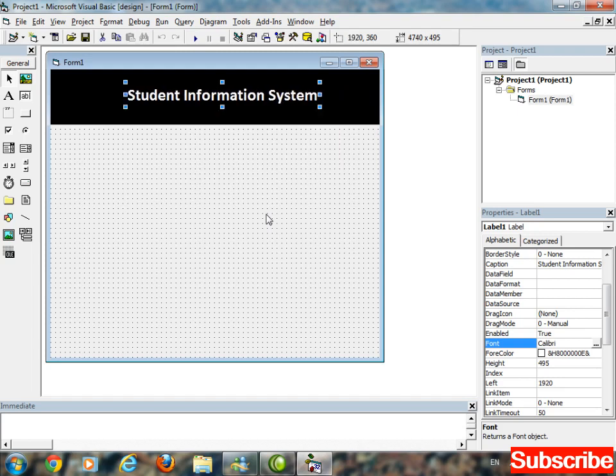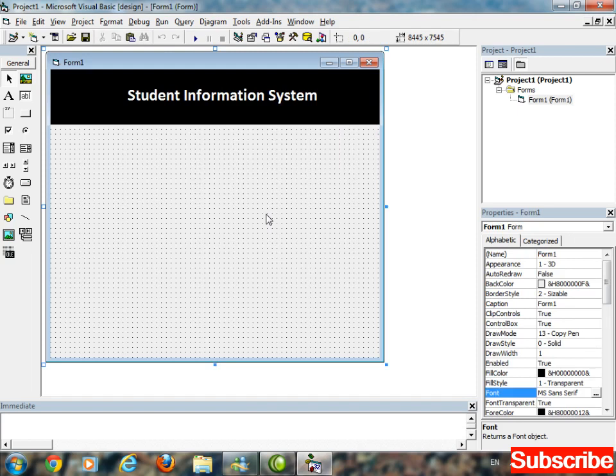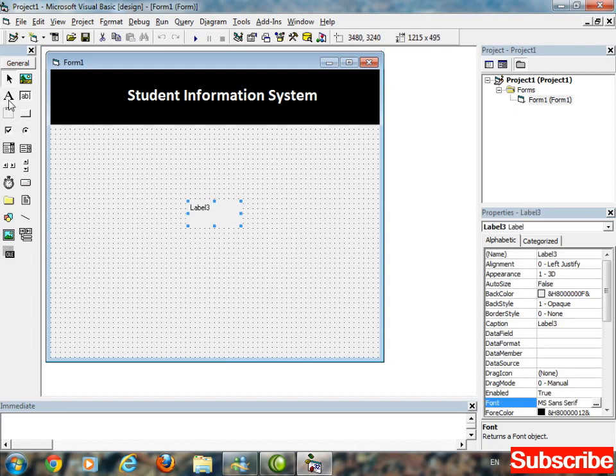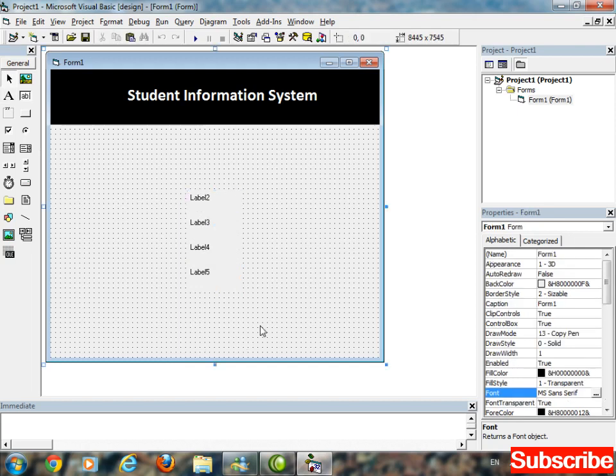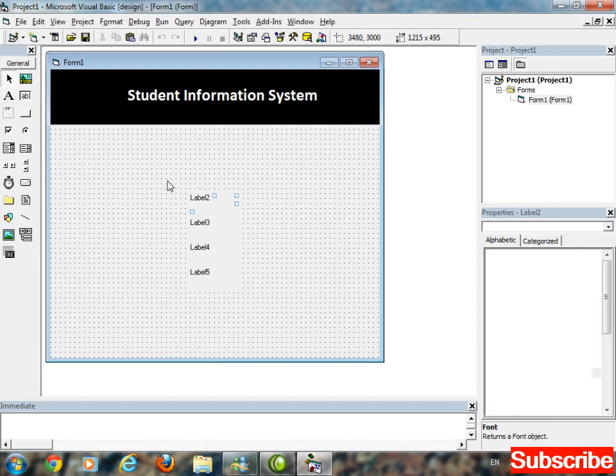Okay, perfect. Then we are going to insert 4 labels and 4 text boxes. So double click 1, 2, 3 and 4. Select all. Select all.